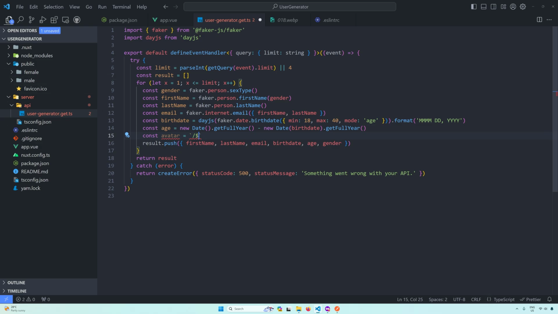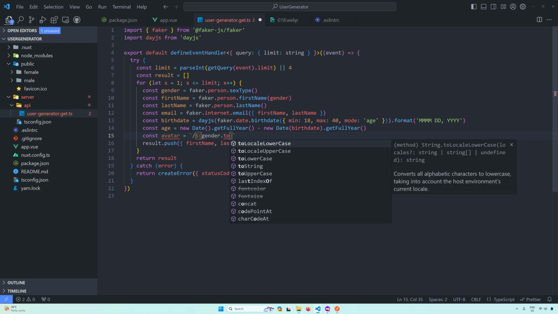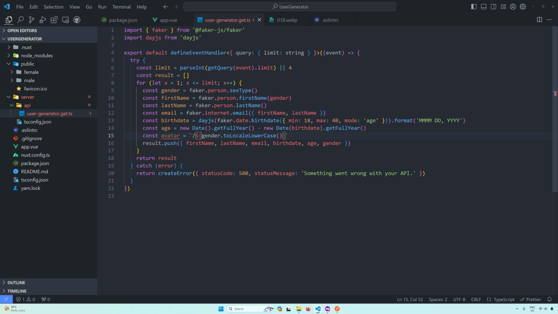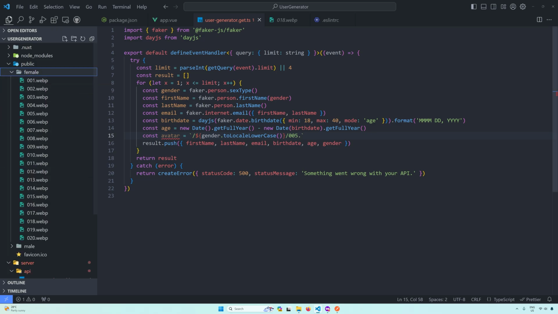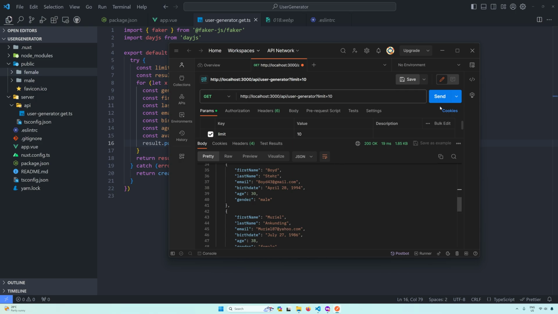So female or male. So gender, so that will be the gender here. Okay, and make sure that it is a lowercase, so toLowerCase. Okay, and then followed by, for example, let's say 005, and then later on we will convert this into a dynamic number. So 005, and then the file format, so it's WebP. Okay, then let's add the avatar in our array. Okay, just like that, and then save,